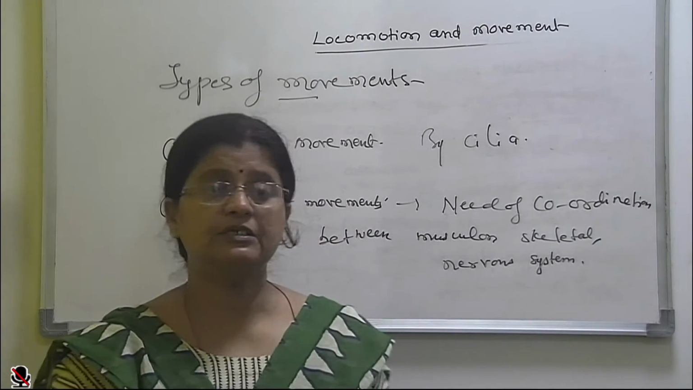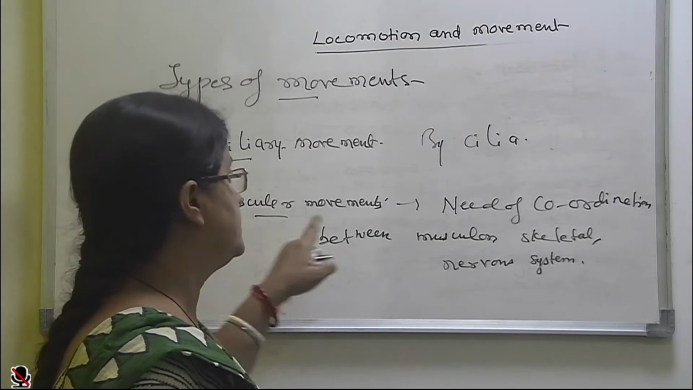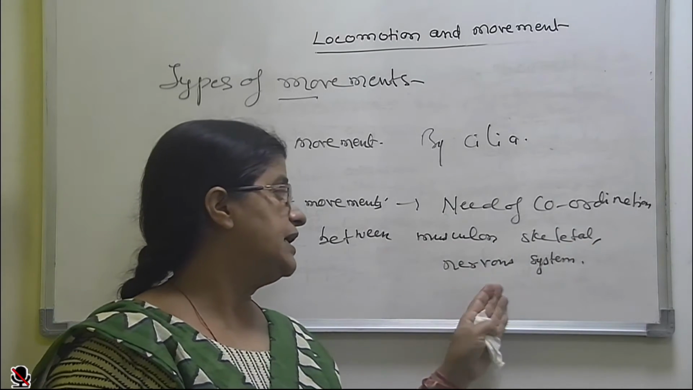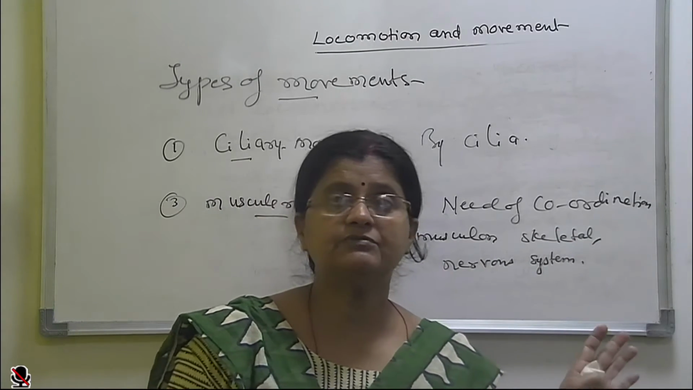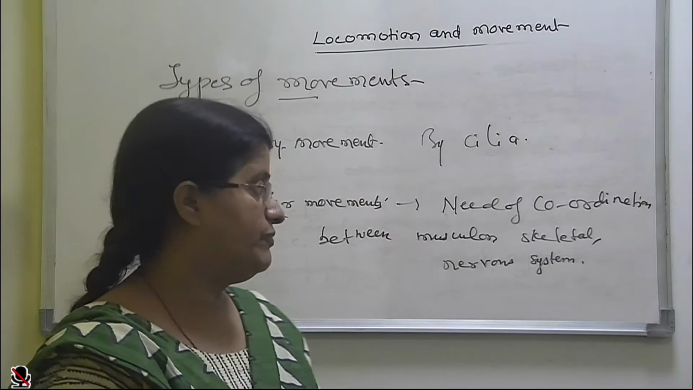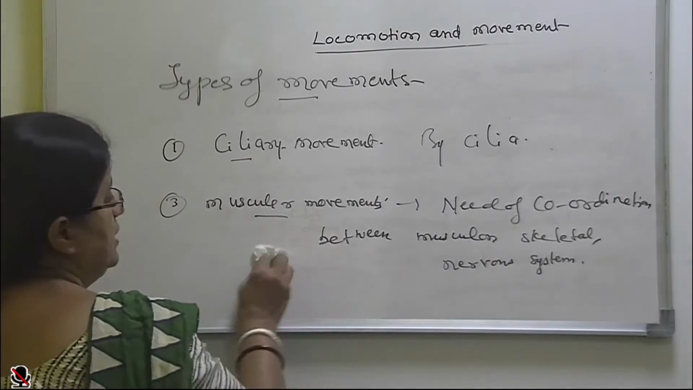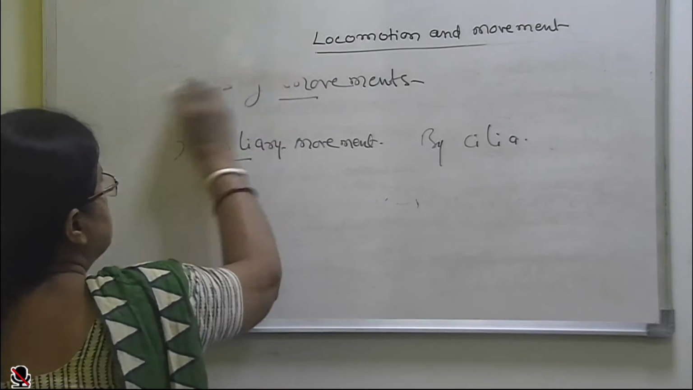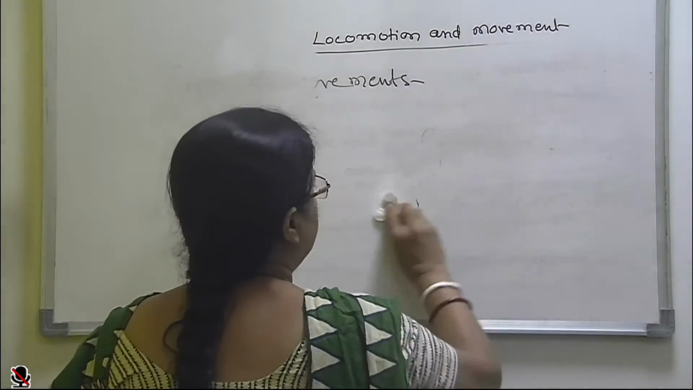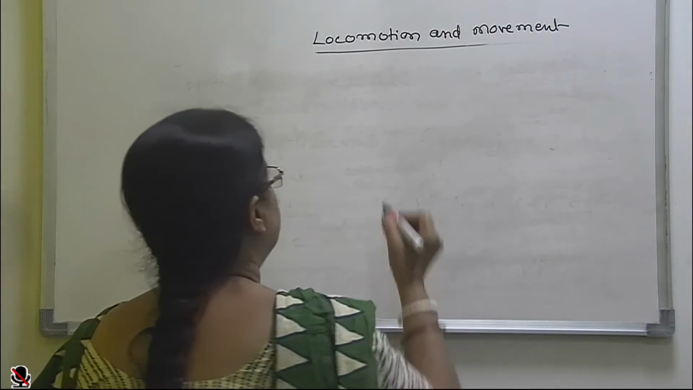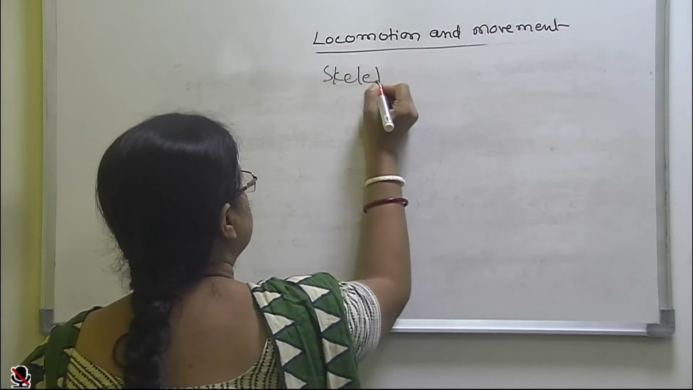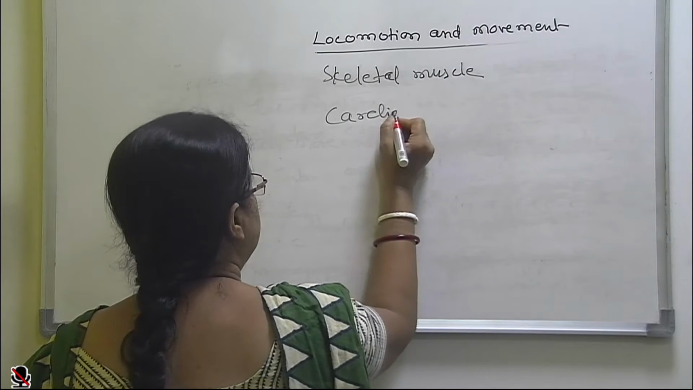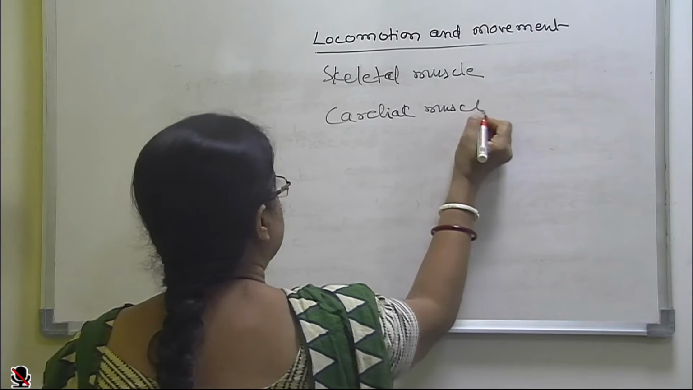So this muscular movement actually requires very much coordination of the muscular, skeletal and nervous system, right? Now this we will see in detail, right? Now first of all, let me tell you about the muscular system. See, the muscles in our body are of three types, right? Skeletal muscle, cardiac muscle and the smooth muscle,